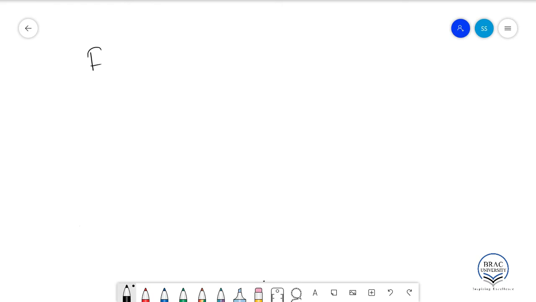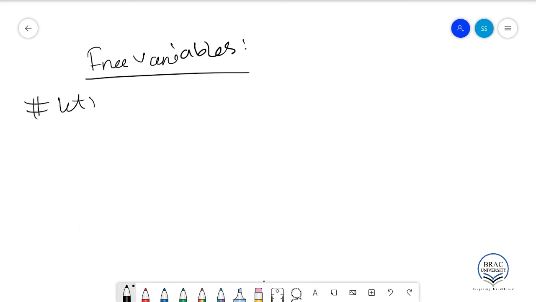So now we want to talk about free variables. So let's say we have a linear system that consists of 4 variables and 3 equations. That is a 4 cross 3 system,